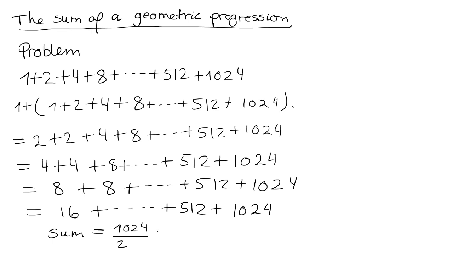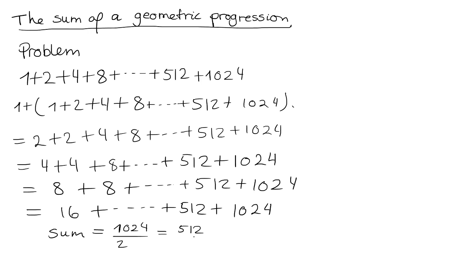Okay, which is equal to, let me just think for a moment, that should be 512. Yeah, so we simply keep adding all those numbers up until we have the sum of two numbers which equals